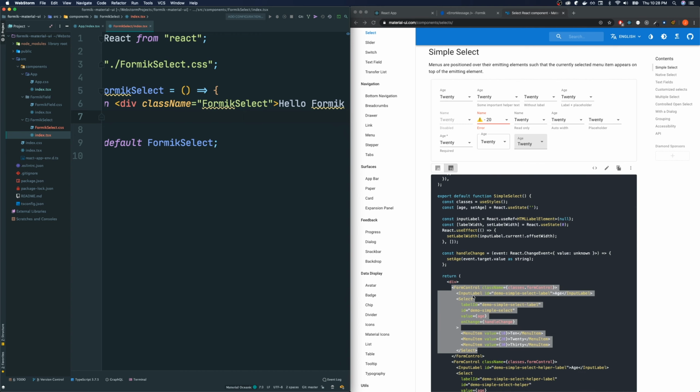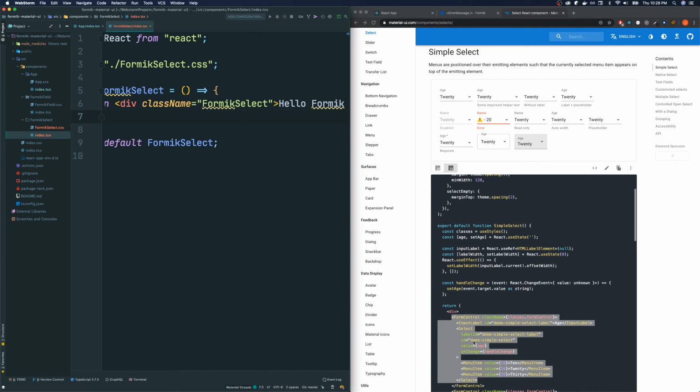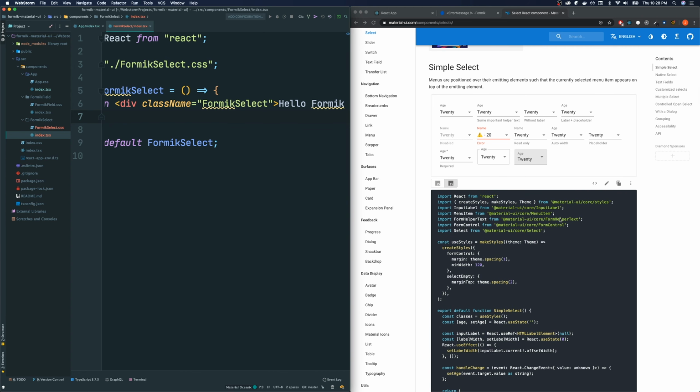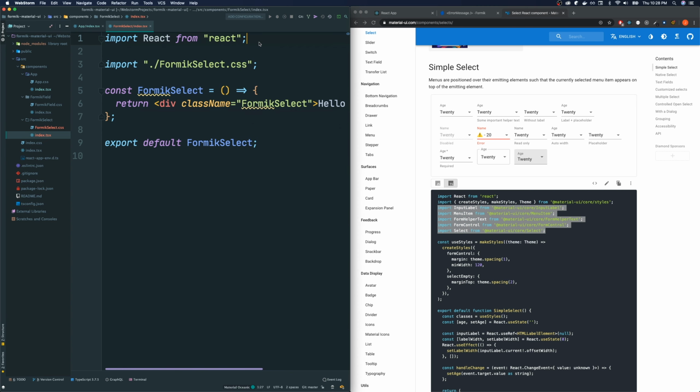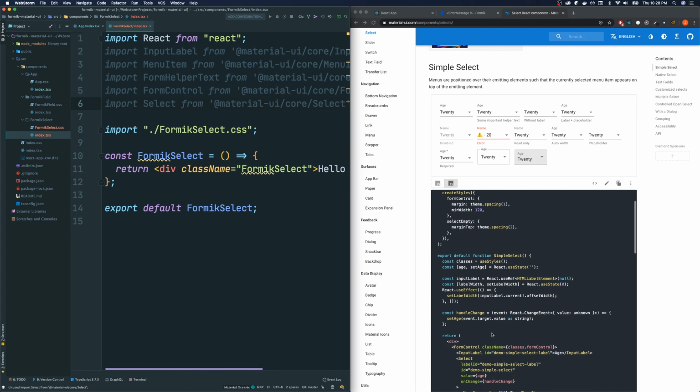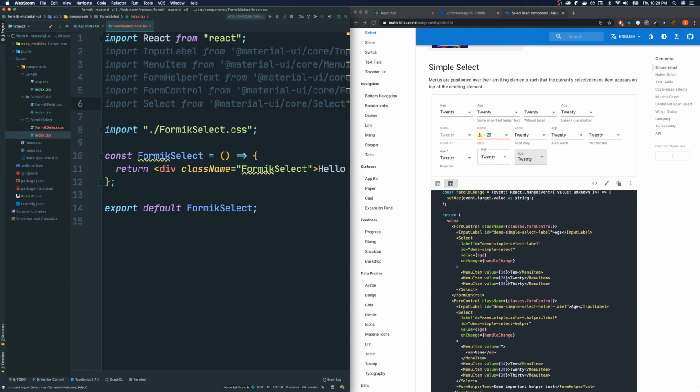We need a form control, input label, select, menu item. You know what? I'm just feeling kind of lazy. Let's grab this input label, menu item, form helper text, form control, and select. Let's grab all of these. We don't need the one above, but let's grab those. So input label, menu item, form helper text, form control, select. And using this as an example,